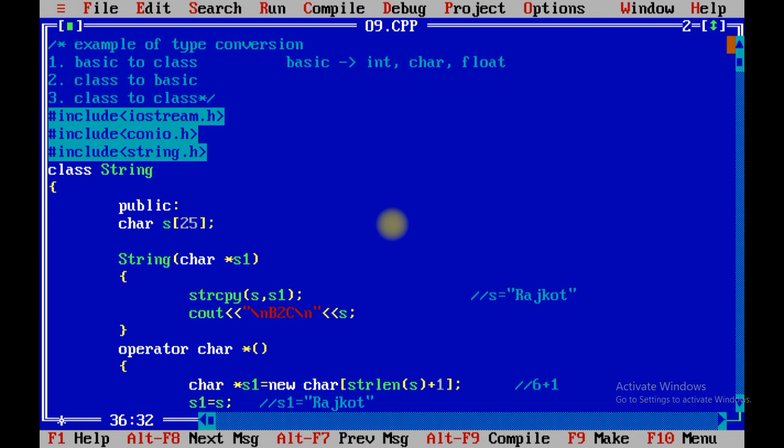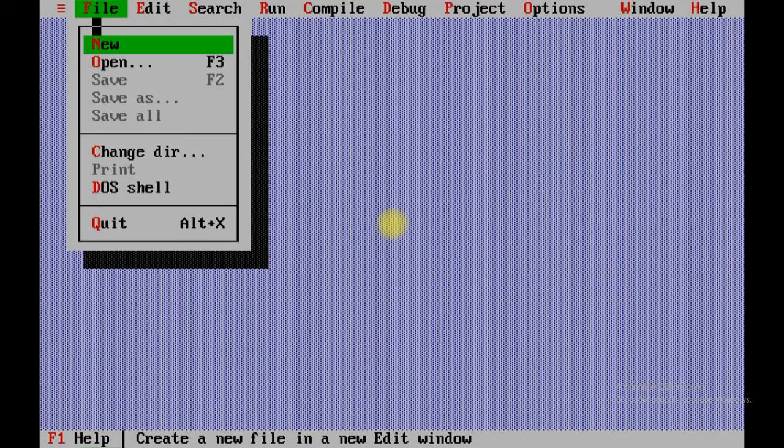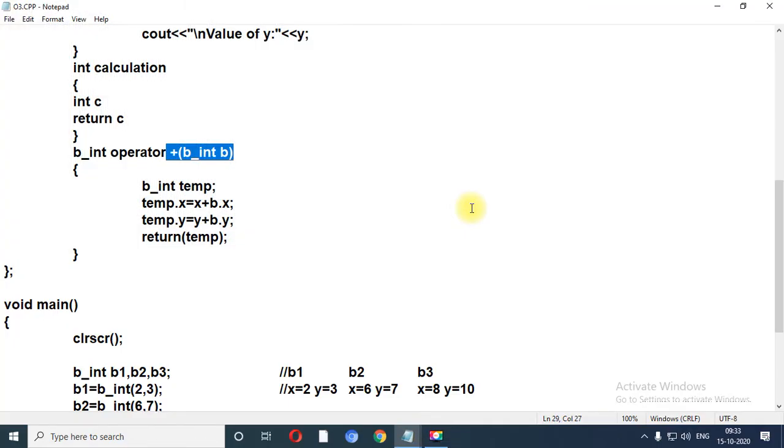So when you are going to apply I1 equals to S1, in such cases we are going to do class to class conversion. Let me share the notepad file for both the programs which we have explained.